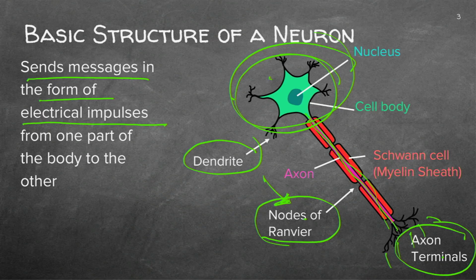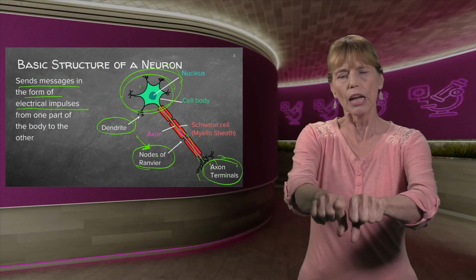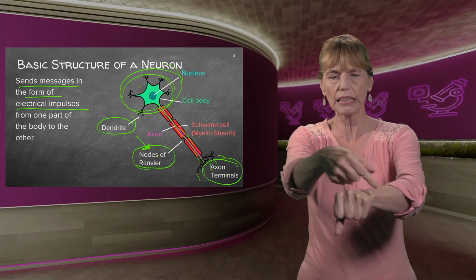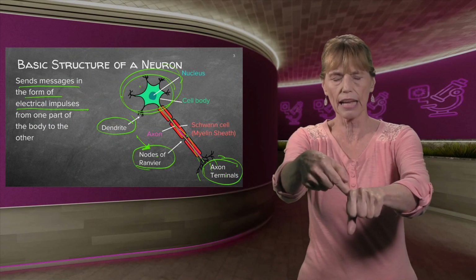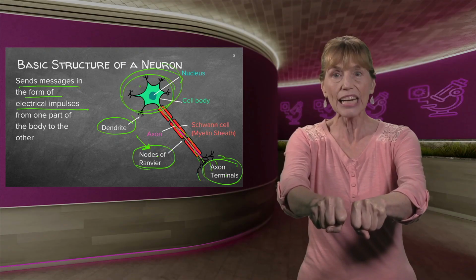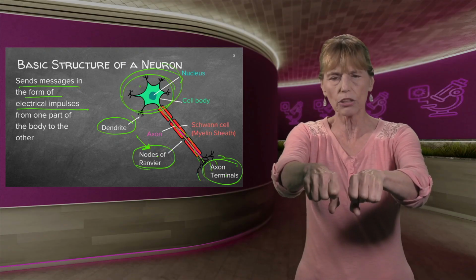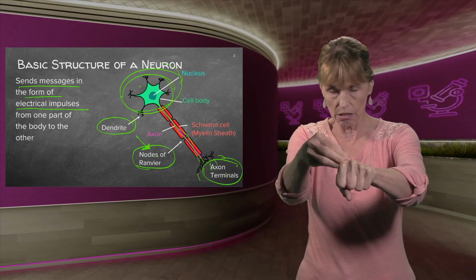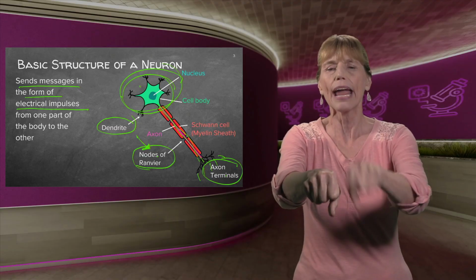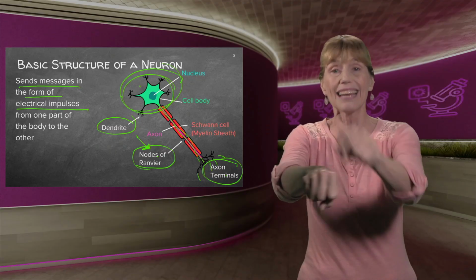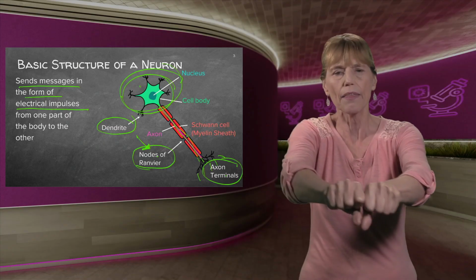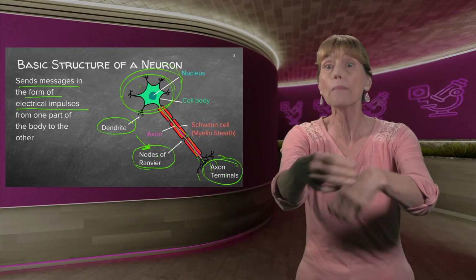But there's method in the madness here because it's squashed on your bread rolls as they go along, and the nerve impulse moves inside your sausage roll, inside the axon. But as it goes from one bread roll to the next bread roll, it actually speeds up because now it's been squashed. So it runs at a certain speed. And then as it escapes, it speeds up and then hits the next bread roll at the highest speed. And as it goes along, the longer the nerve is, the faster the nerve impulse will travel.